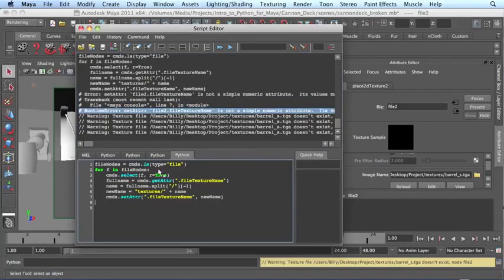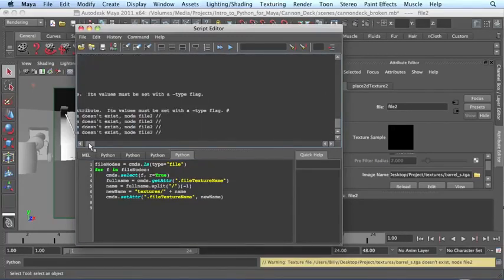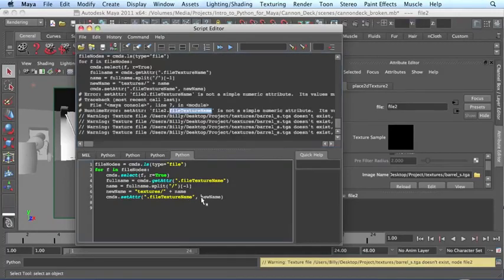So if you look down here, it's saying that this attribute is not a simple numeric attribute, and you have to set the type if it's not a numeric attribute. Before, when we were doing our spirals, we would just say the number 10 right here. So if it's a number, it doesn't need you to tell it what kind of type the value is, but because we are using a string, let's look at